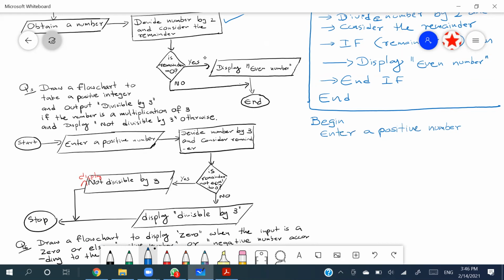Right, so then I can say divide number by 3 and consider the remainder. Right, then there will be the condition if